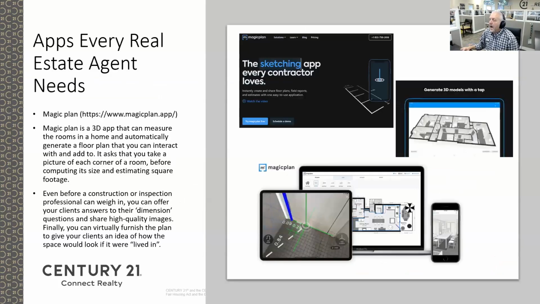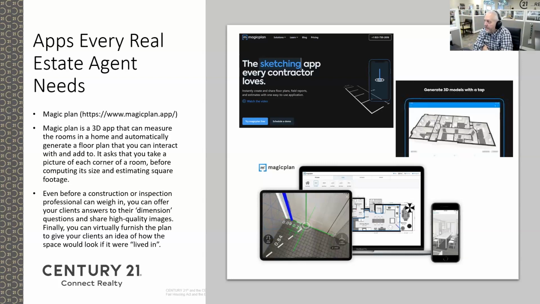All right. Another good app where multiple different people can be in the same workspace is something called Magic Plan or something similar to it. There was a new one that Georgia MLS just came out with that the name is escaping me at this moment, but it's the ability to create a 3D or even a 2D floor plan of your property.